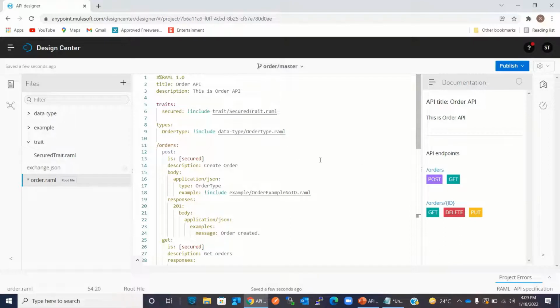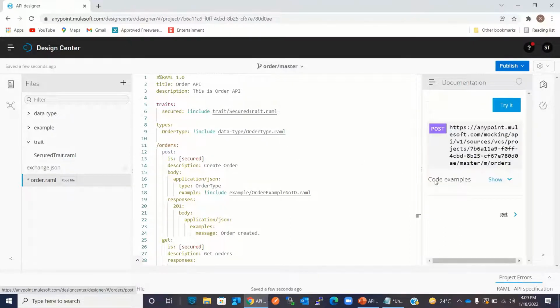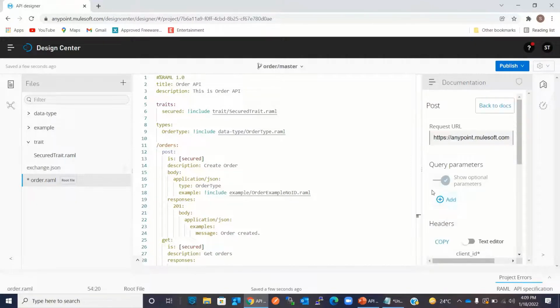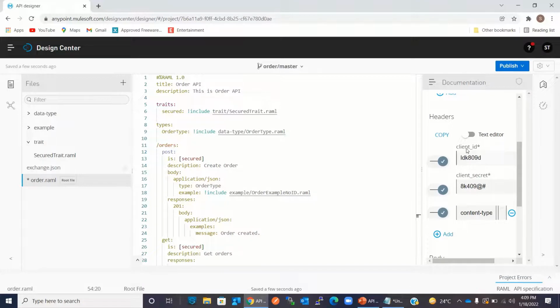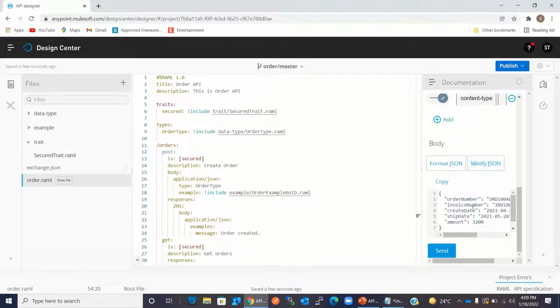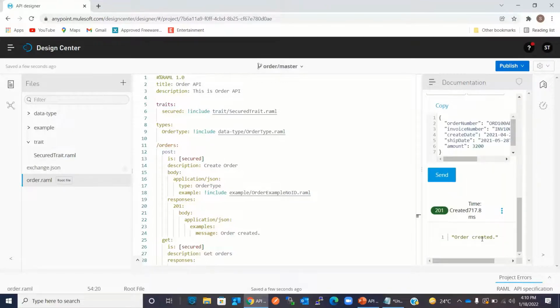Now we can test it. Under documentation, we'll click post, click try. Here we can see that client ID and client secret is mandatory and example data is already populated. We can click the send and we got the result.